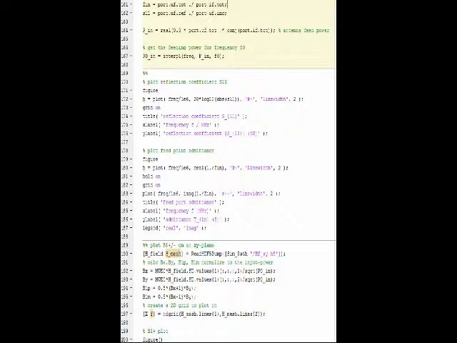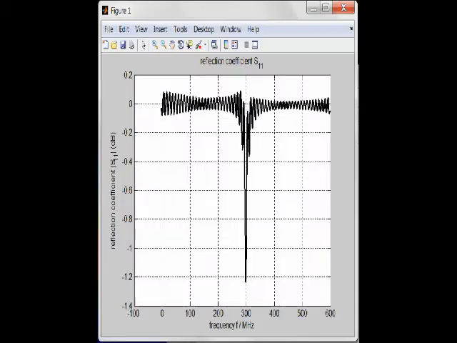To plot the reflection coefficient, we have figure 1. The minimum frequency is 0, and the maximum frequency is 600 megahertz. The graph should be completely flat, but we have some bounce up and down. That's because we have some tiny errors. To get a better result, we should be able to get it completely flat and only have the corner frequency